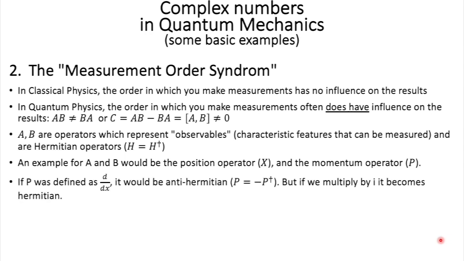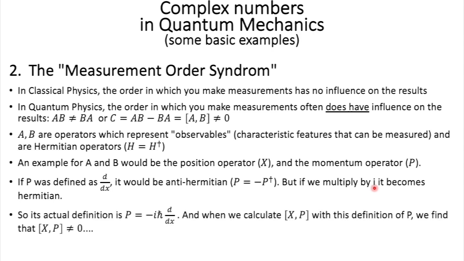As you probably know, the momentum is based on the velocity, and it's a function of the position. So we could define it as this operator here. But the problem is that we would find it's anti-Hermitian, which means it would be equal to minus its Hermitian conjugate. So what do we do to convert it to a Hermitian operator? Well, it's easy, you just multiply it by i, and because the complex conjugate of i is minus i, that's it.